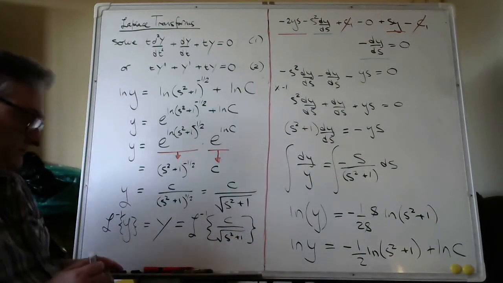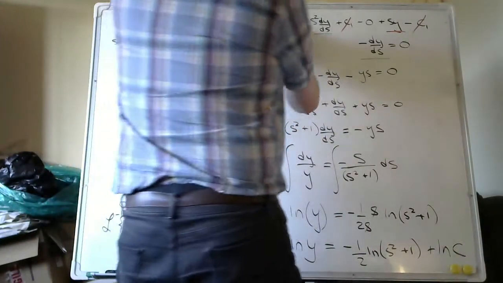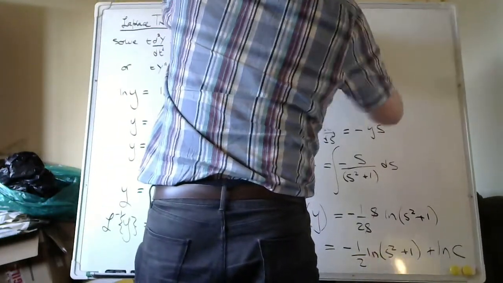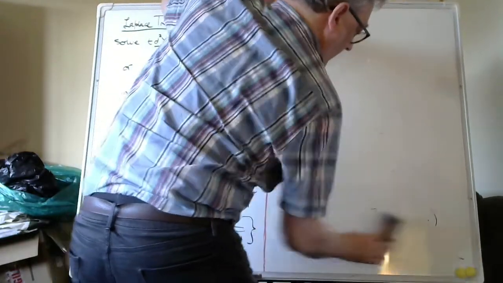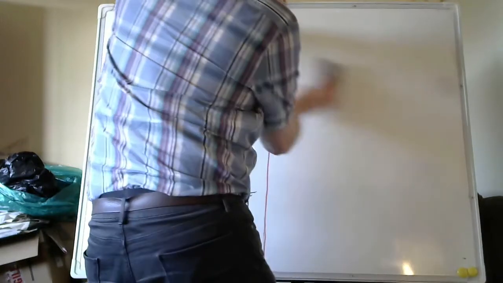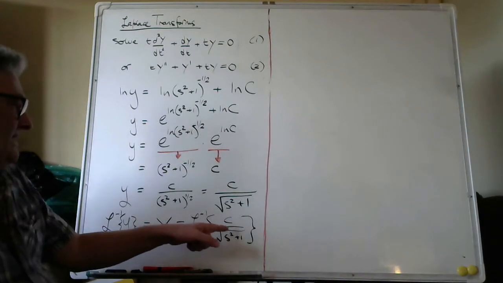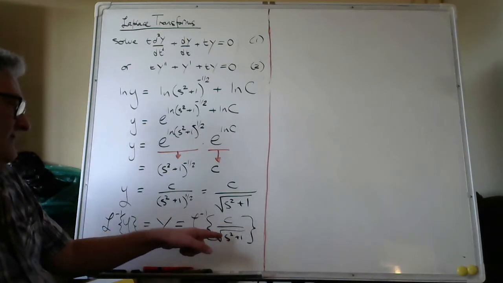Right? So let me clear the board over here. So we've got this. We need to find what the inverse Laplace transform of c over the square root of